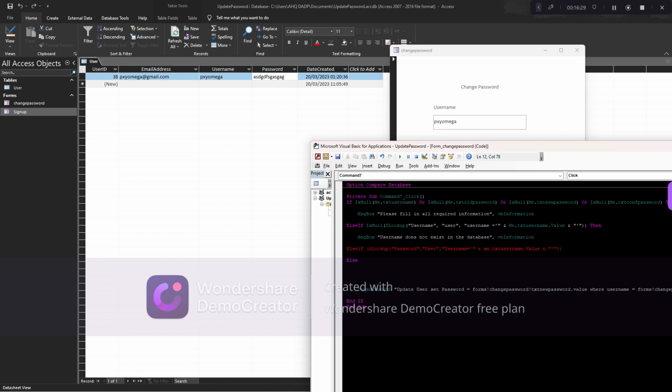So if the lookup of this one is not equals to me.txt current password, old password dot value, then I mean if you look up this password inside this user table where the username is equals to txt username dot value, and the value it returns is not equals to the value inside the txt old password, then